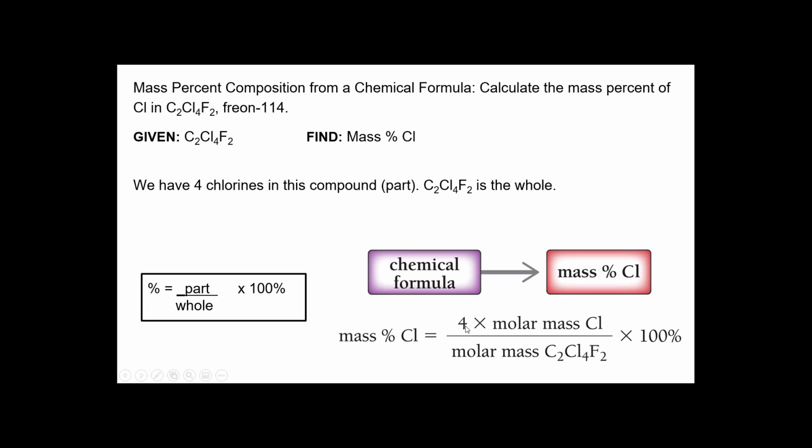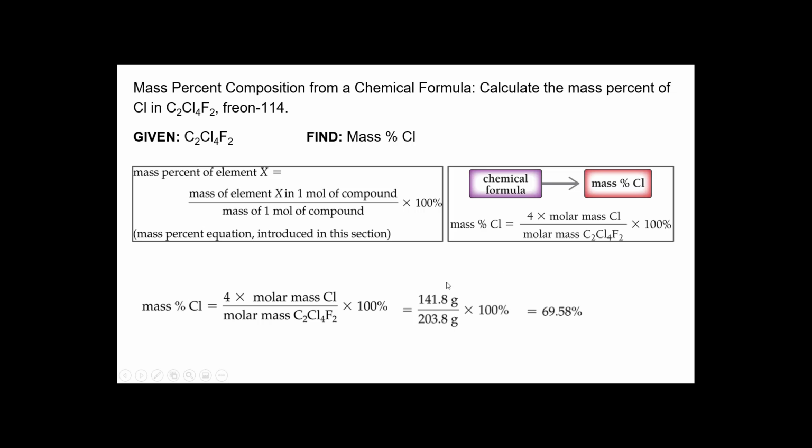So in this case, hopefully this makes sense of setting it up with the chlorides. We have 4 of them. Make sure you multiply that. Those 4 have to be represented. And then we have the molar mass of the whole compound of Freon 114. So in this case, we have 4 times, I think it's